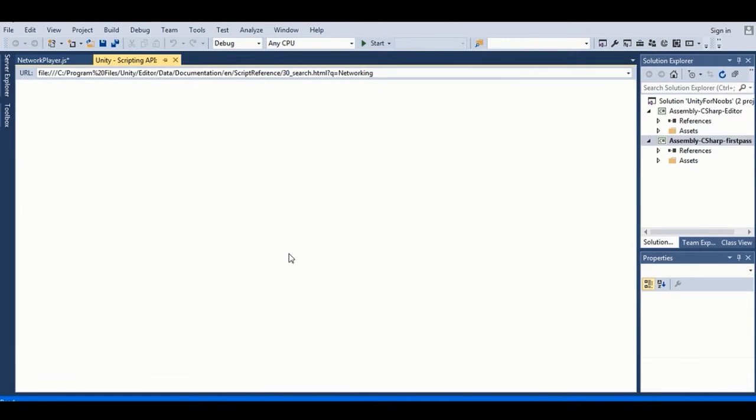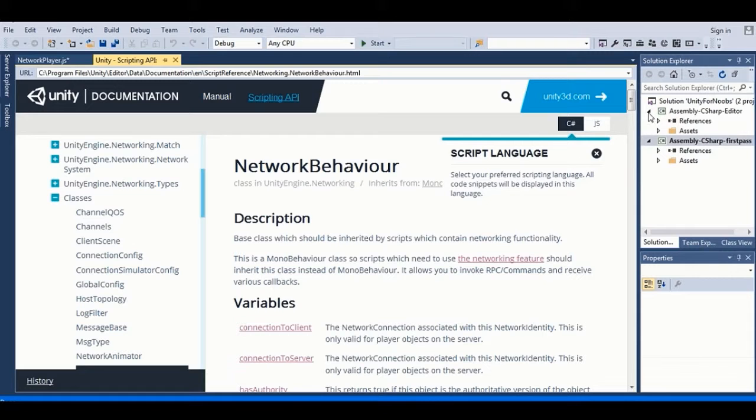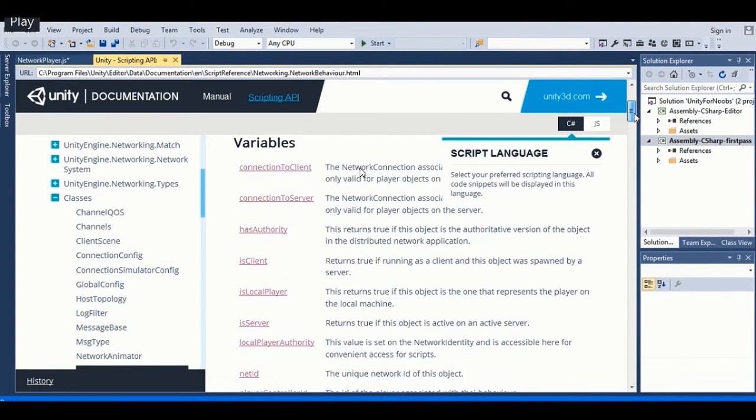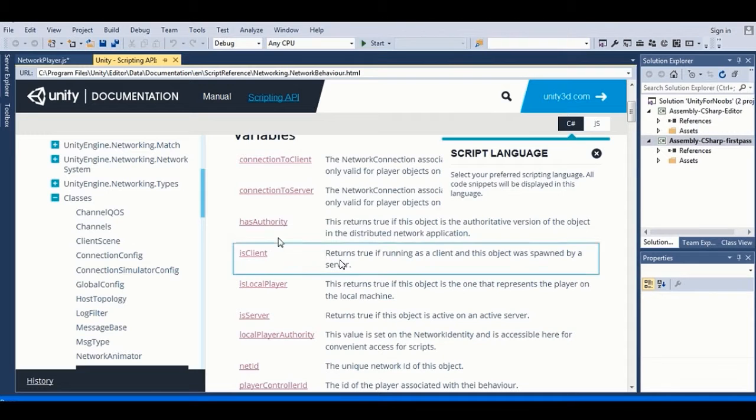But eventually I find the networking behavior. I probably should have written behavior there, but I forgot exactly how it was because there's actually two networking classes now. There's the networking behavior, there's the networking class, and then there's another network class, which was the old system that Unity used. And I don't know why they named this networking behavior, since you have to access networking before you can do it. But that'll be one of my complaints right here. Okay, first we're going to access this